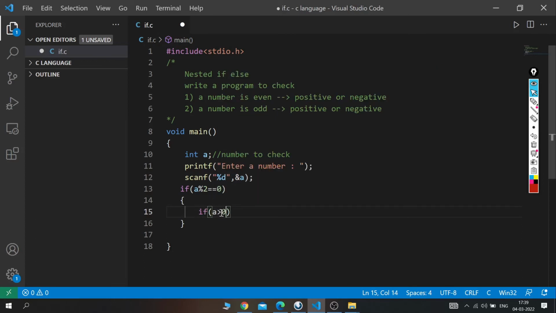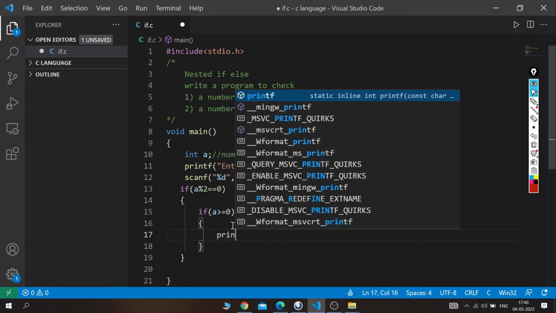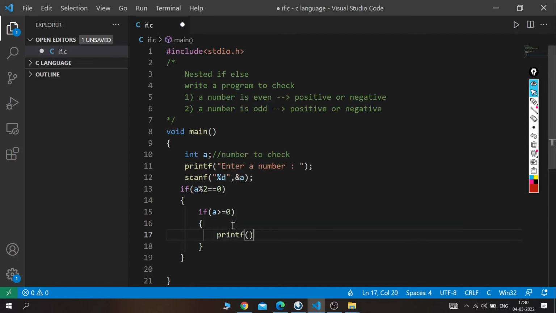So a greater than equal to 0. If a number is greater than equal to 0, then it is a positive number. So what we will write here is this number is positive even number,